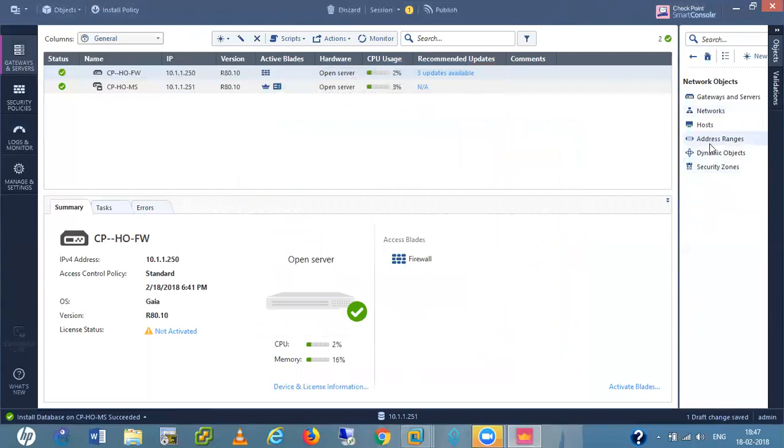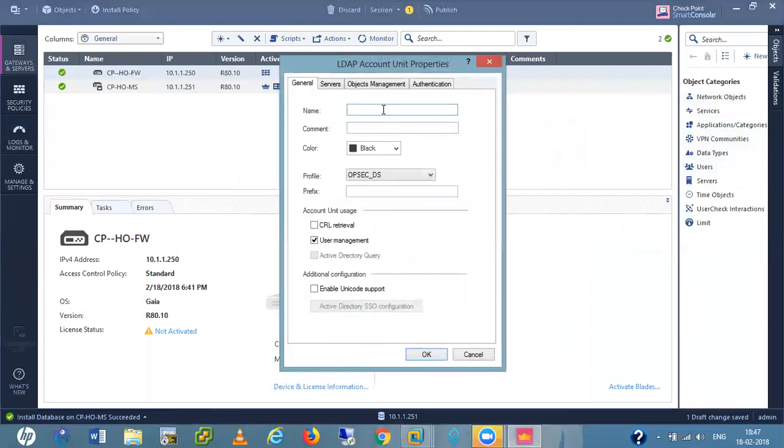Now go to my LDAP account unit. I'll give any name here, MS AD, Microsoft directory.